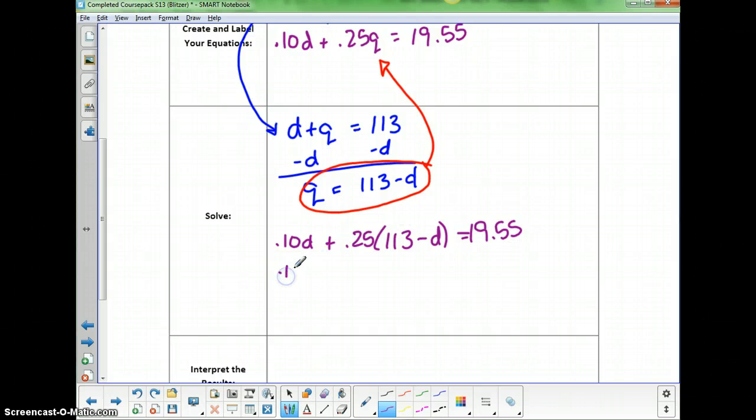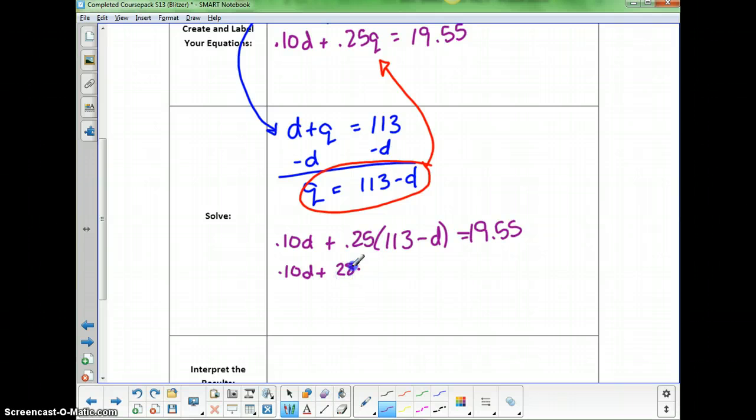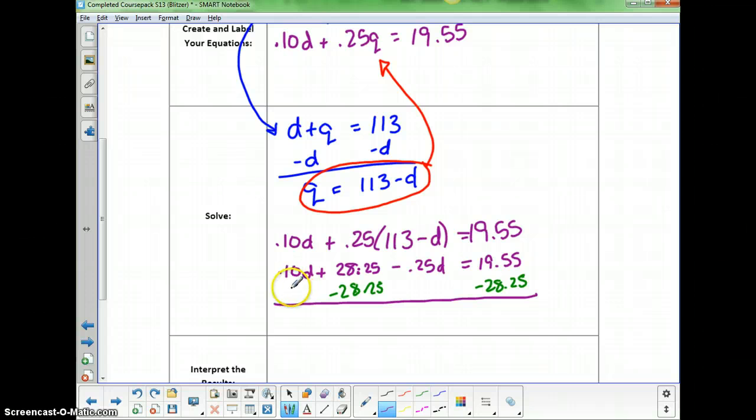All right, let's distribute. 0.10d plus 0.25 times 113 is 28.25, minus 0.25d equals 19.55. Keep solving. We're going to need to subtract the 28.25 from both sides. Okay. And combining like terms,